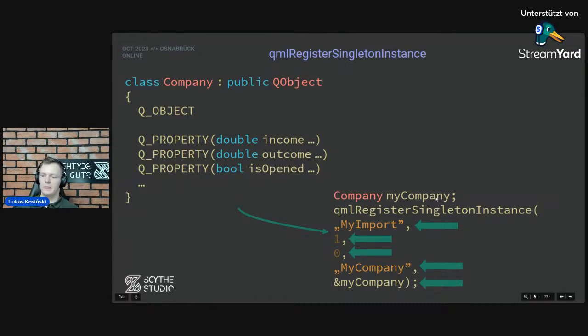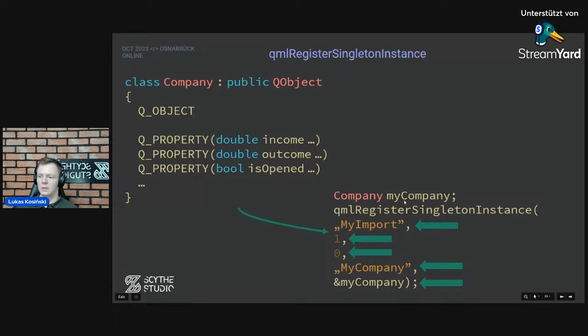Here I have my variable of my custom class, company, and here I call qmlRegisterSingletonInstance. The first parameter is the name of the module you have to import to access your object in QML. The next two parameters are versioning, which on the QML side is now optional. "My company" is the name under which you will access your object.